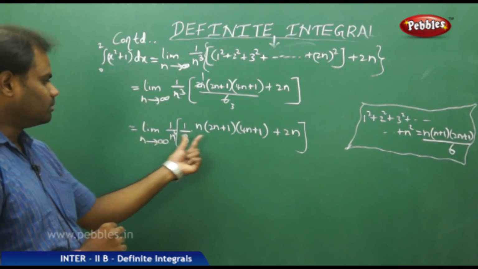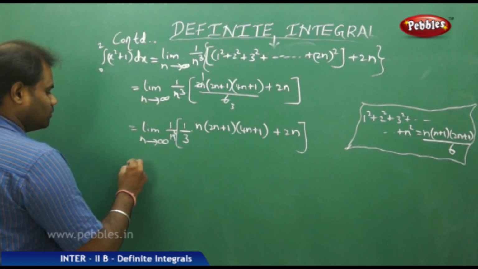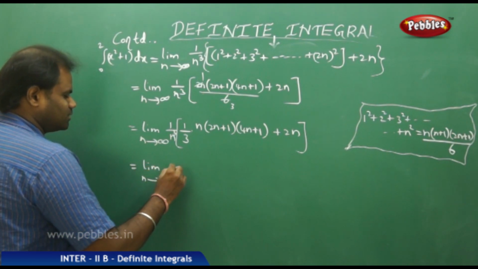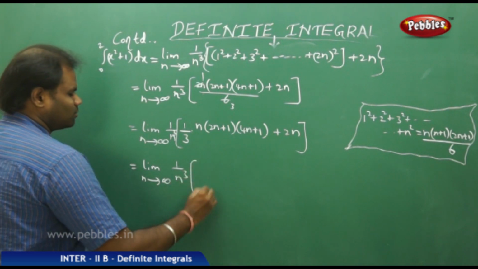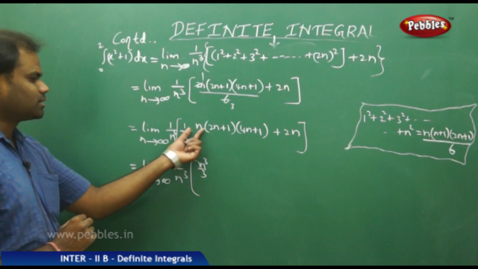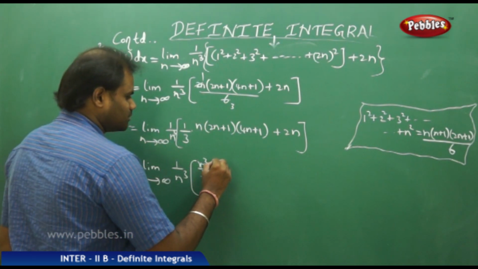Now this n cubed is taken inside, but before this we have limit n tending to infinity of 1 by n cubed times 1/3. When n is taken common out of this, it can be written as